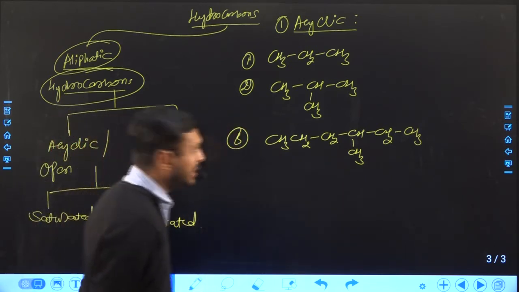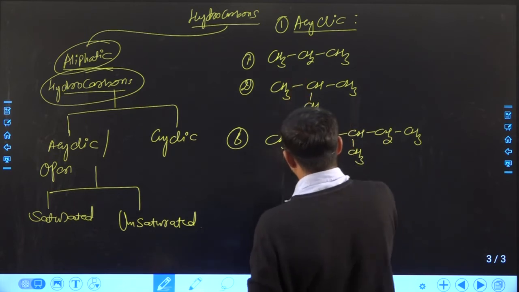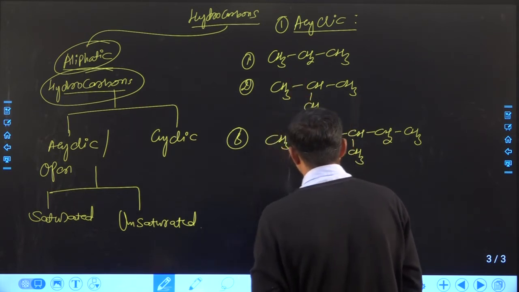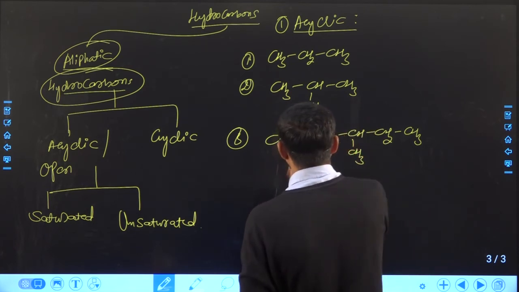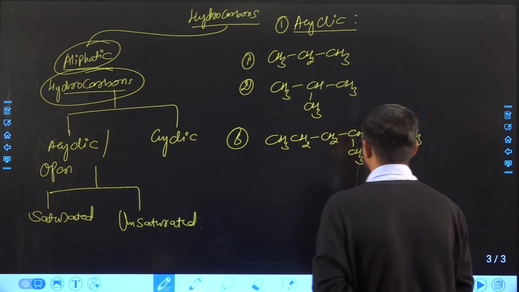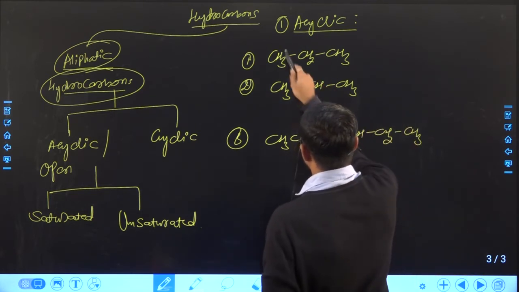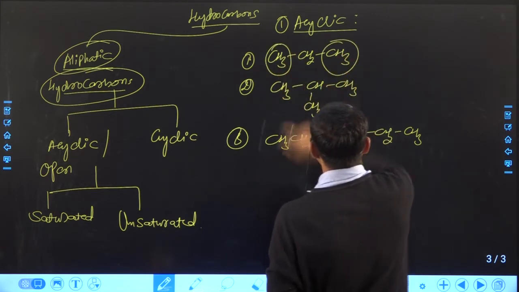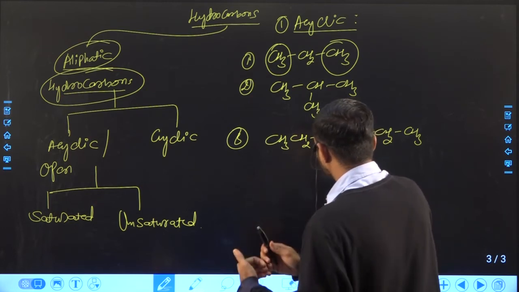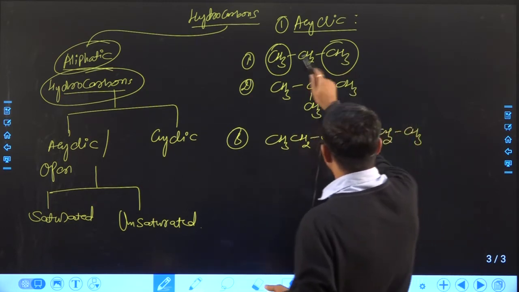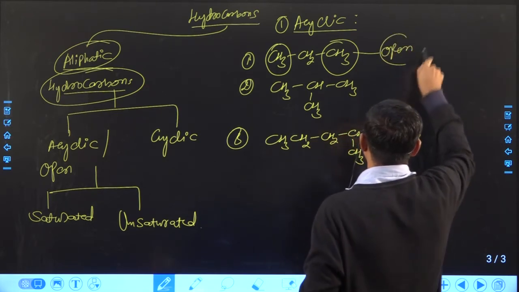If we look at all these structures and I ask what the difference is between these three, you can see the number of carbons is different. But the similar concept in all these structures is that there is at least one terminal carbon. Terminal means after starting a chain and ending a chain, the terminal carbon is open.